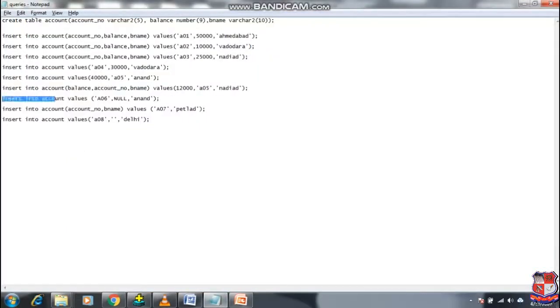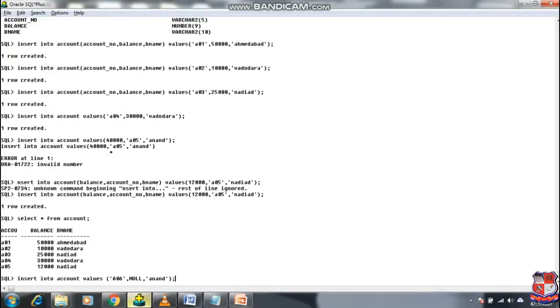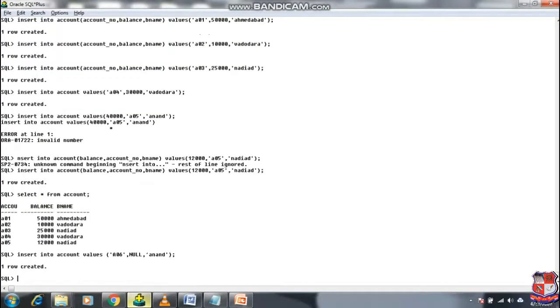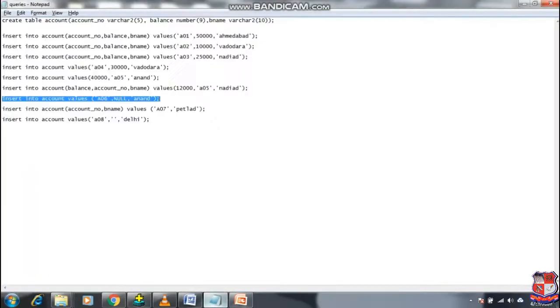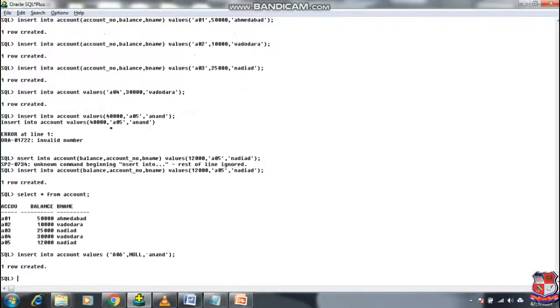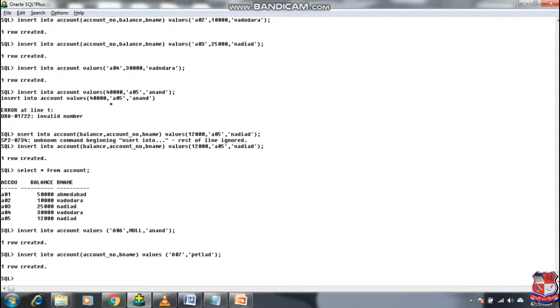Let us see how we can do the same thing in our table. As you can see, I have inserted the null value in the balance column by writing the keyword null. In the second method, I have skipped the balance column and directly introduced only 2 values in my table.